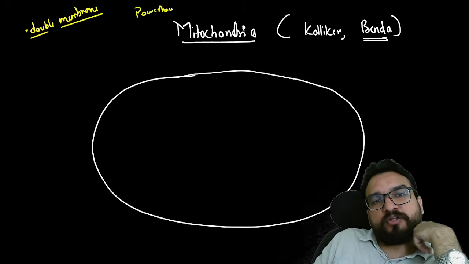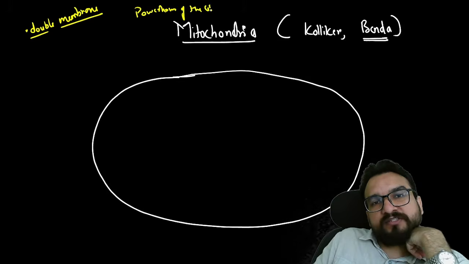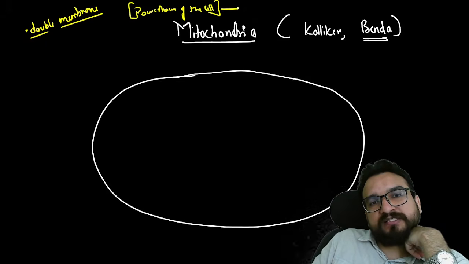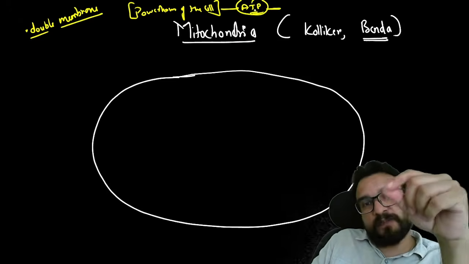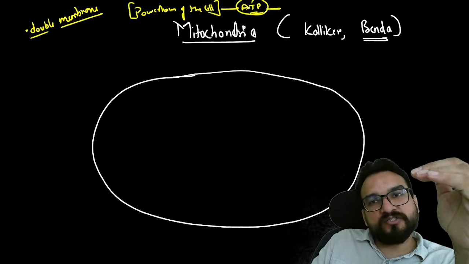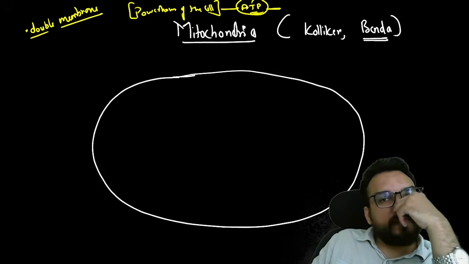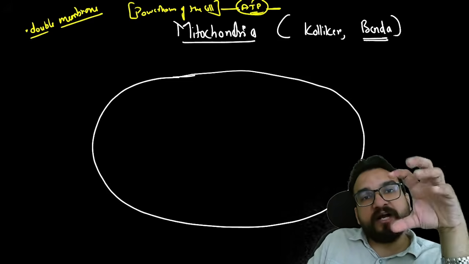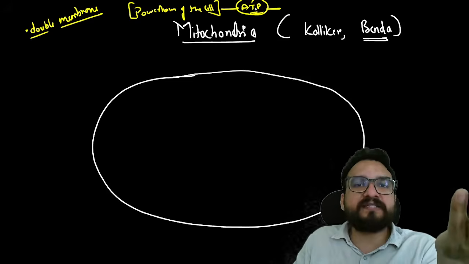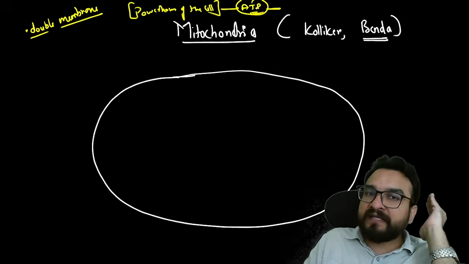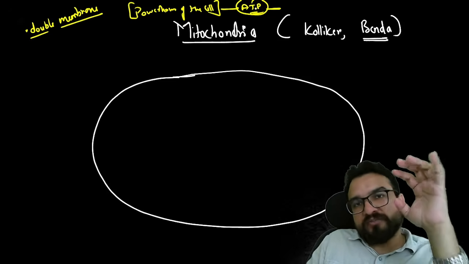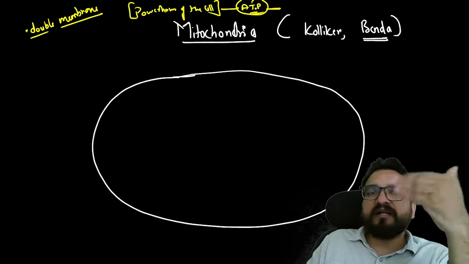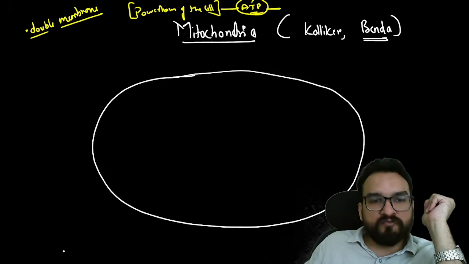Mitochondria plays a very important part because it is known as the powerhouse of the cell. Since childhood you must have known this. And why is it known as the powerhouse of the cell? The answer you must have got is that ATP gets synthesized here. In cell biology or plant physiology, we will understand the process of respiration and how this ATP actually gets synthesized, in unit number 4. So right now just understand the structure. The function in detail you will understand in unit number 4.